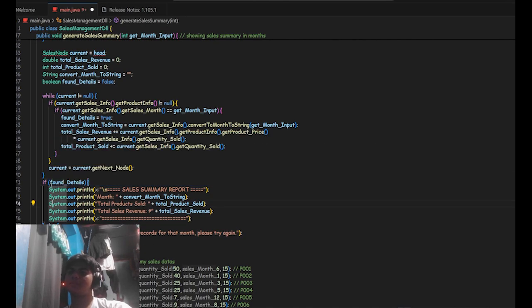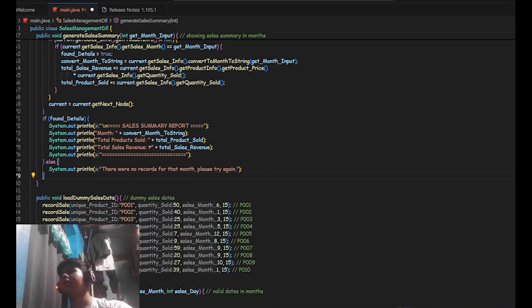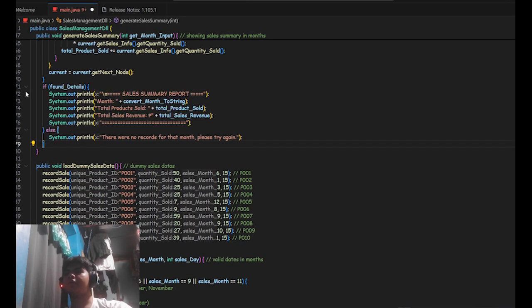And if the details were found, we will print this: a summary report, a visually appealing sales summary report for the command line interface. In our command line interface, we'll use the Eclipse command line interface, and also we can use CMD.